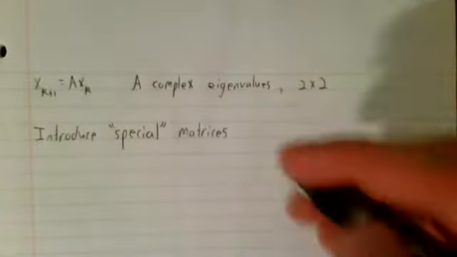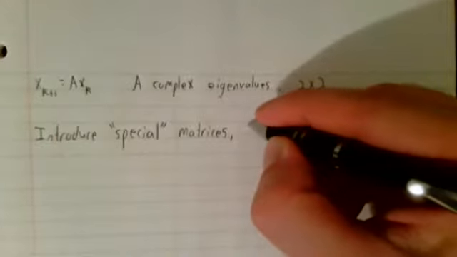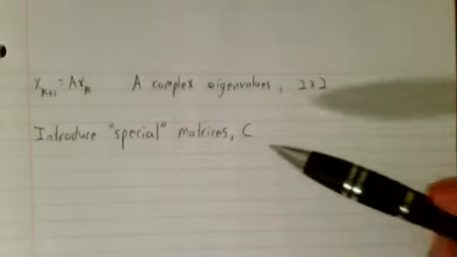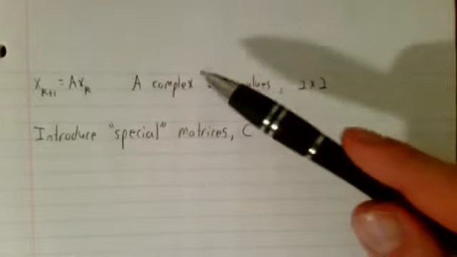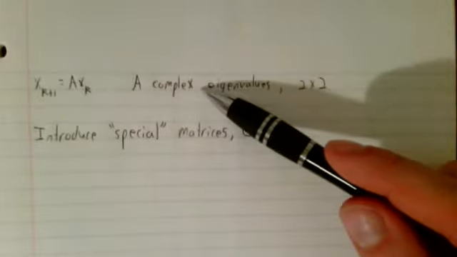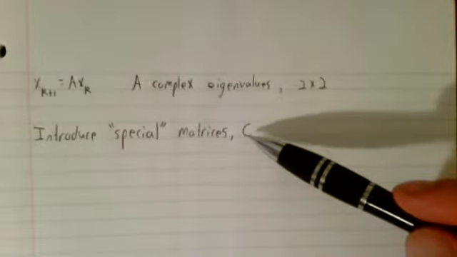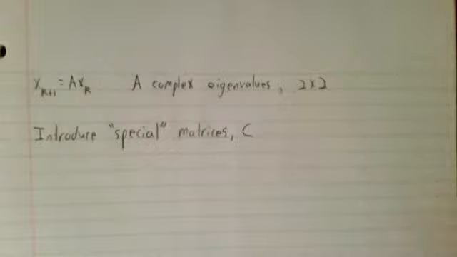These matrices, let's call a matrix of this form C, are going to have complex eigenvalues, but they're going to be simple enough